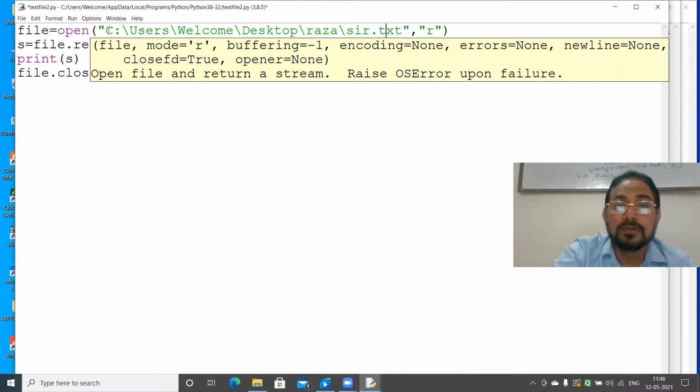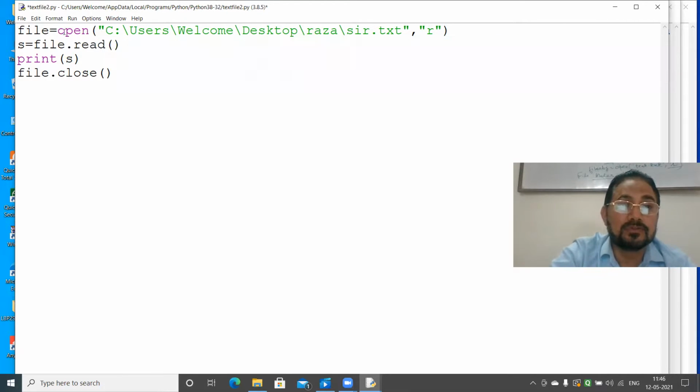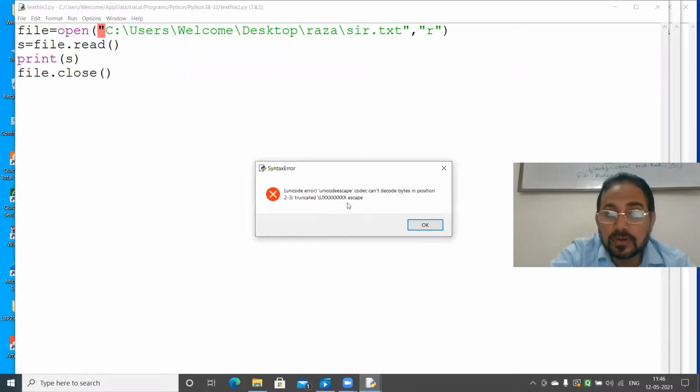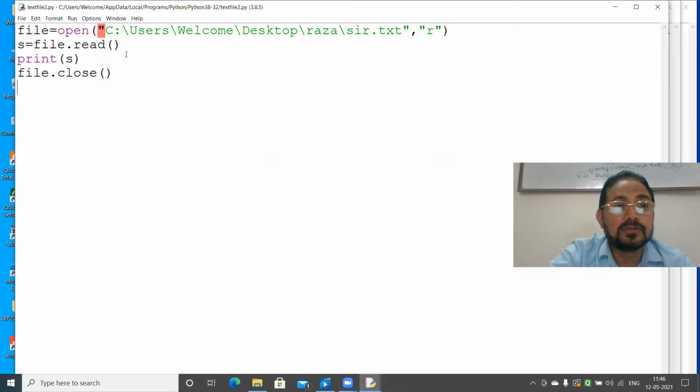Okay, then I will remove this also, and I will run once more. Let's see if it works or not. Cannot decode bytes in position. Print is sir.txt.